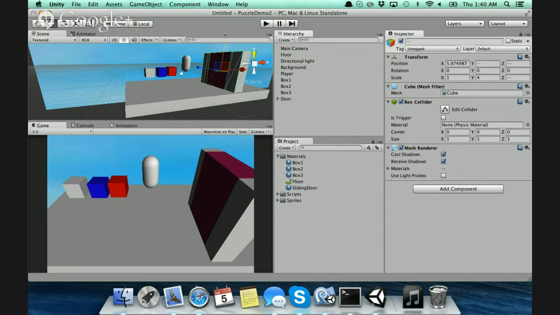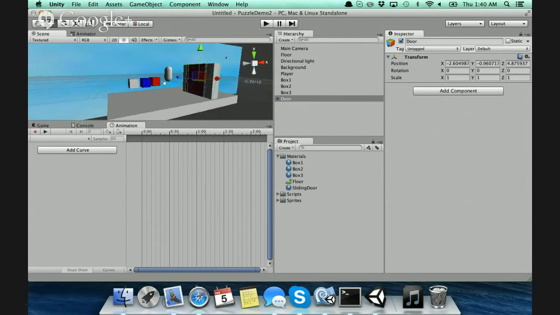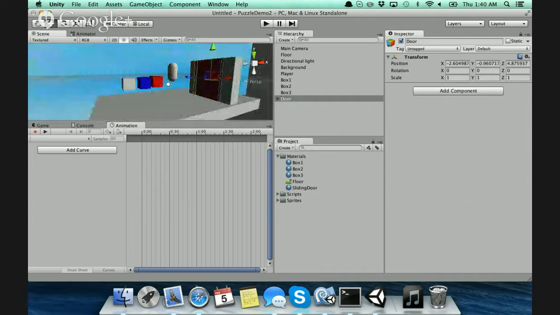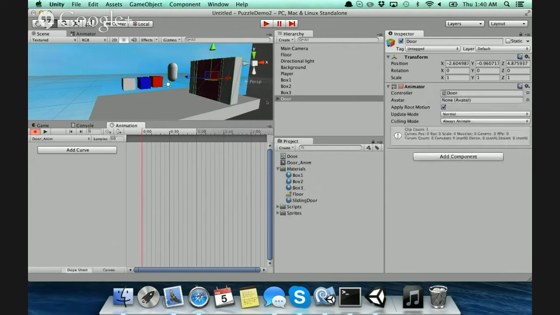All right, so what we're going to do now is we're going to go ahead and animate this. In order to do that, I need to open the animation view. And what I'm going to do here is, in the animation view, I'm going to click the object I want to animate, which is the door. And I'm going to just go ahead and click record, create a new clip. This is going to be door. We're going to just name it door anim. All right, door animation. And right now I'm in record mode, okay? So what I'm going to do here is, right now I'm starting at the 0 frame, and